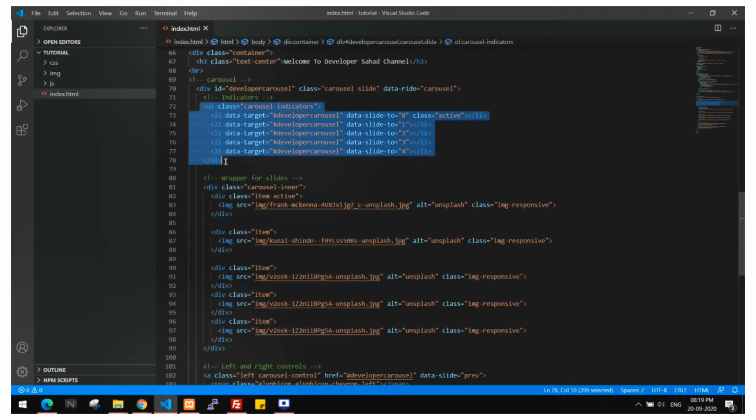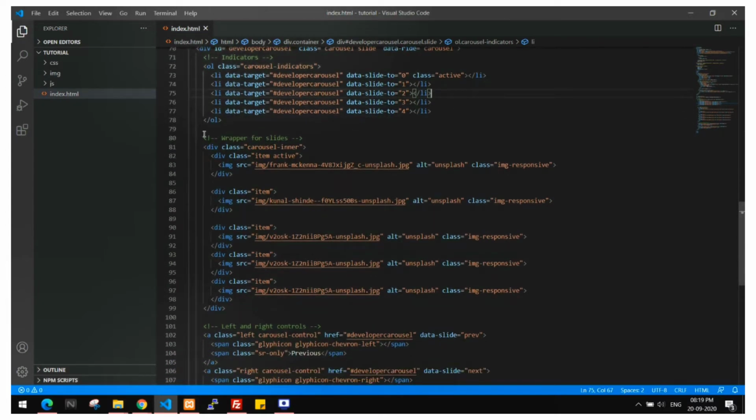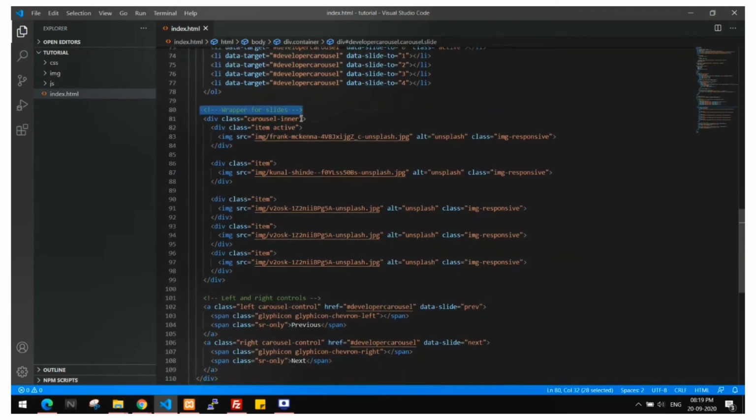Then there are all the other indicator listings. Here you need to set the value from 0, and you have to mention that the first one is active. Then here is the wrapper for slides, like the images which we are using in the carousel.